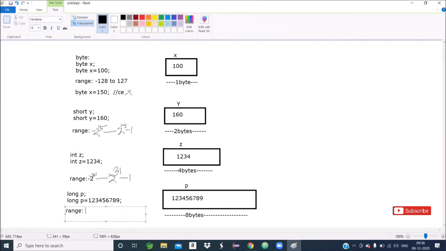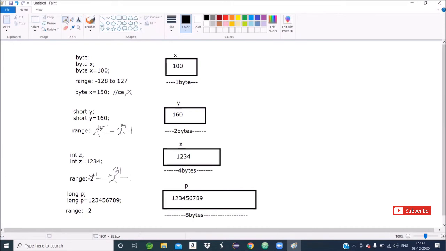The range is minus 2 to the power 63 to 2 to the power 63 minus 1, since 8 bytes means 64 bits.